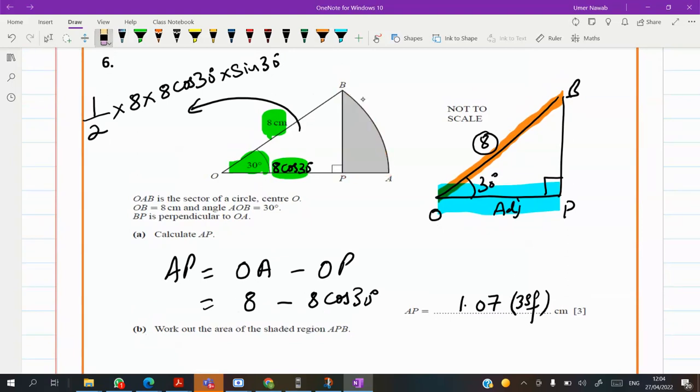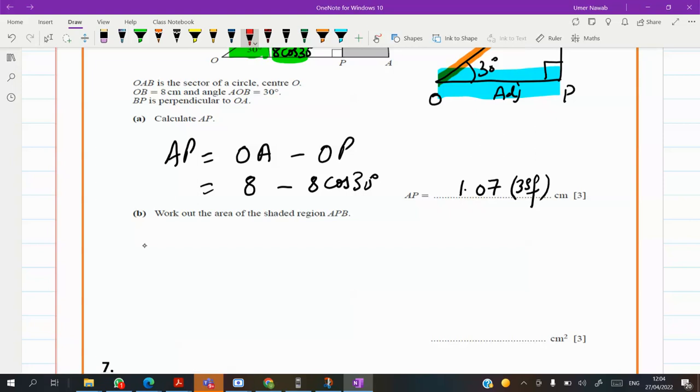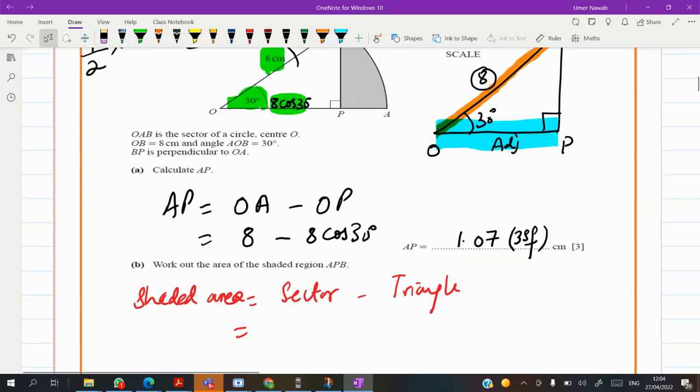But in this case, he's asking you just the shaded area. So the shaded area is equal to sector minus triangle. So what is the sector, guys? Sector central angle is 30. 30 divided by 360 times pi times the radius, which is 8 squared, and the triangle is half times